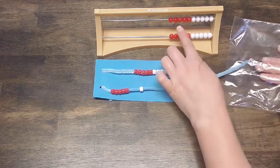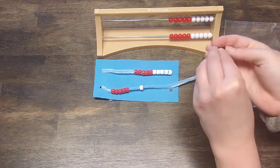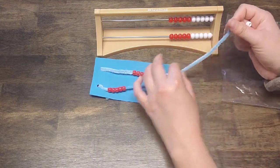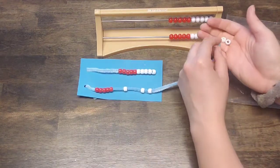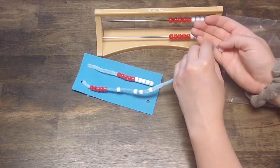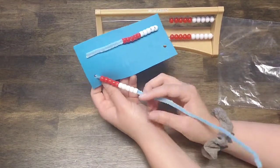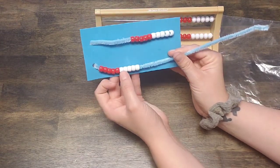The red needs to come before the white, and we count and read left to right. So the red needs to be on the left side, followed by the white. Remember, when I say first, when we're reading, writing, or counting, I'm always talking about the left side. Okay, there's your pipe cleaner. There's your bottom row. 5 red, 1, 2, 3, 4, 5. 5 white, 1, 2, 3,